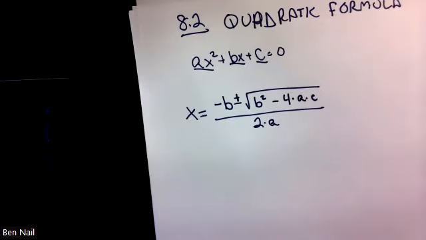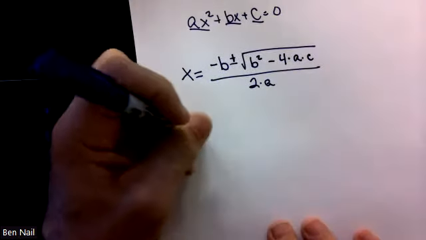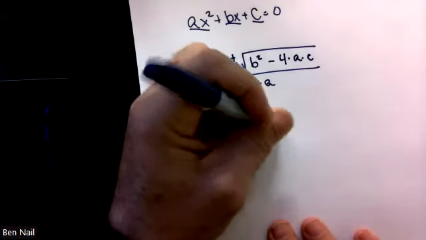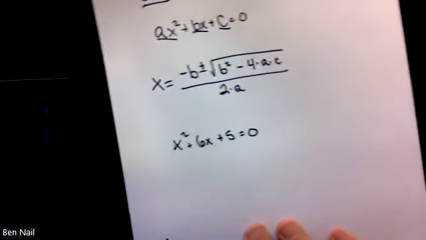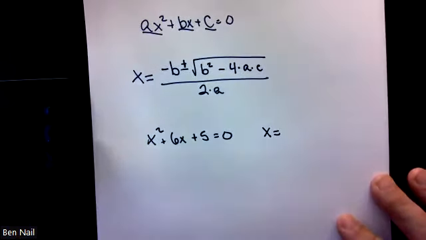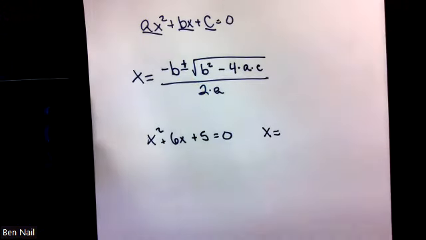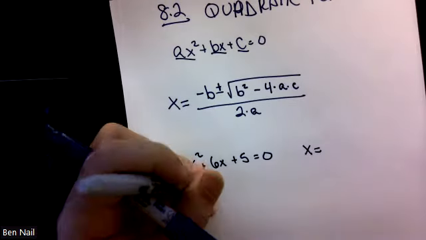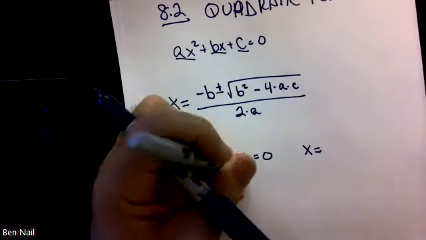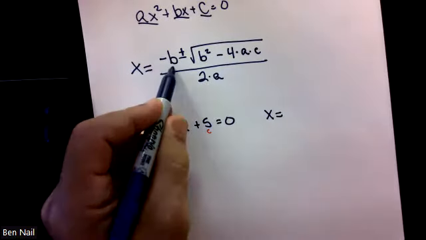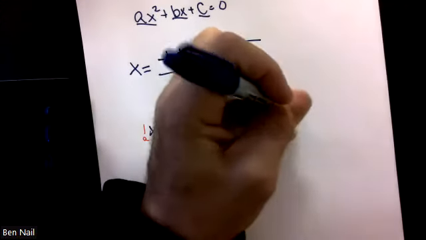Okay, I'm going to show you how this works using the exact same problem I just solved using the square. So if we want to solve x squared plus 6x plus 5 equals 0, we can solve using the quadratic formula. So x is going to equal the opposite of b. Remember, the number in front of my x squared is my a. The number in front of my x is my b. My constant is c. So negative b, so if this was a positive 6, we're going to use a negative